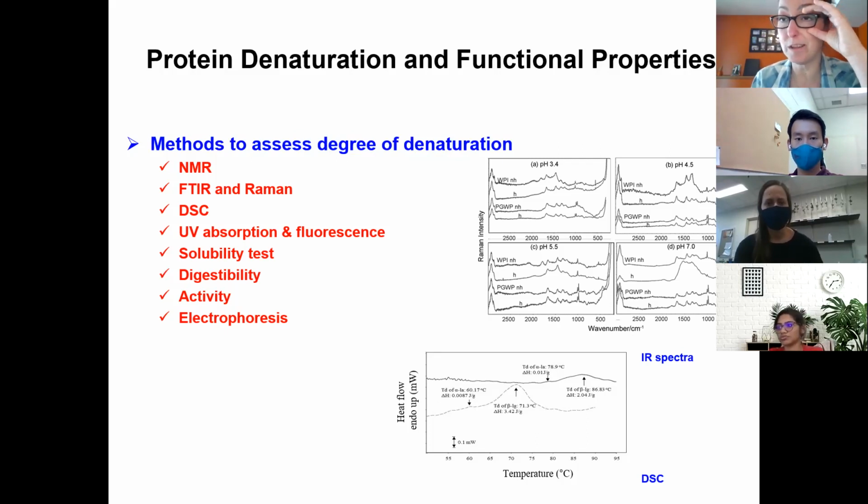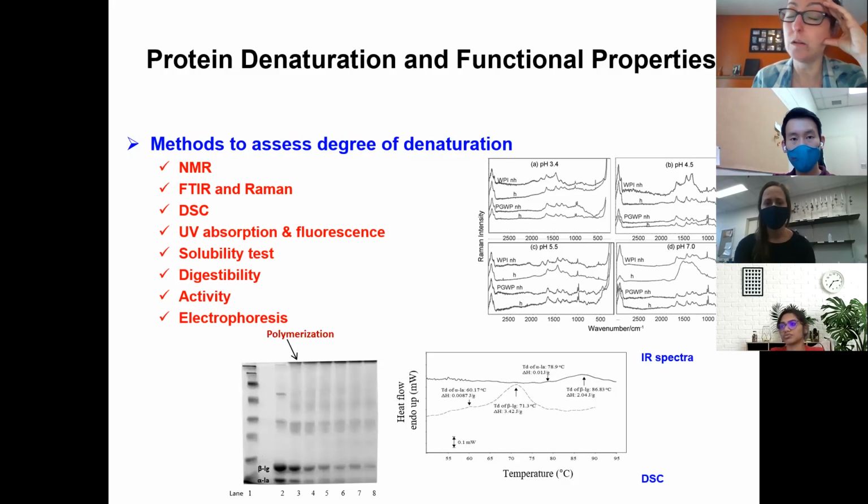Digestibility, we can measure digestibility, and depending on the protein, the digestibility may increase. That's partial denaturation. A decrease is complete denaturation with polymerization. If we have an enzyme, we look at enzyme activity. If we want to look at polymerization, we can look at